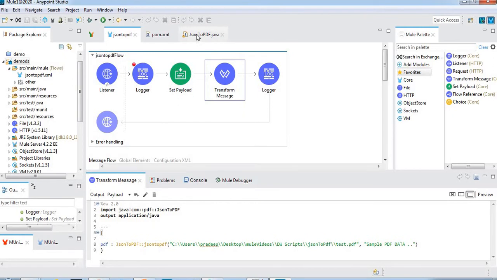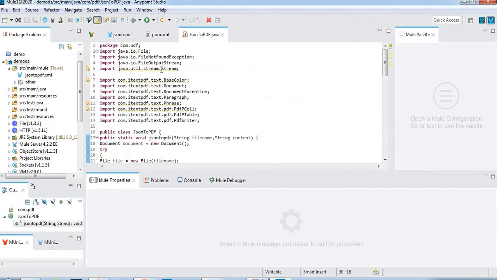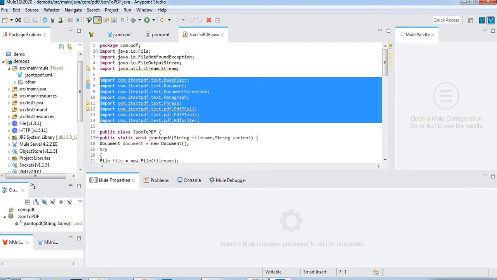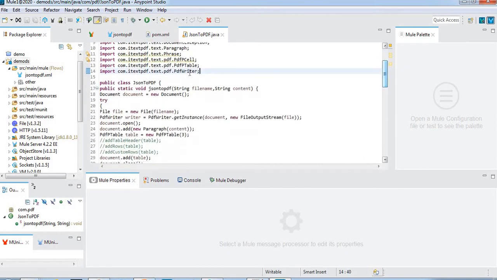Let me explain the Java class. Here we are using the PDF class, Java classes. These imports are required to create this class, iText PDF. This is our class, and this is our method.